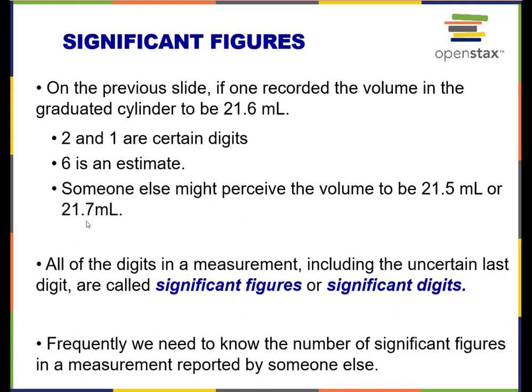So in general, we say the more digits a measurement has, the better it is. If you're trying to measure the mass of one hydrogen atom, and you find with one balance that it weighs 1.01 atomic mass units, and with a different balance you find that it weighs 1.011, and you get that extra digit, then that's a better reading, that's a better measurement, because it has more digits. And the digit that's not the last digit has become a certain digit rather than an uncertain digit, rather than an estimate.